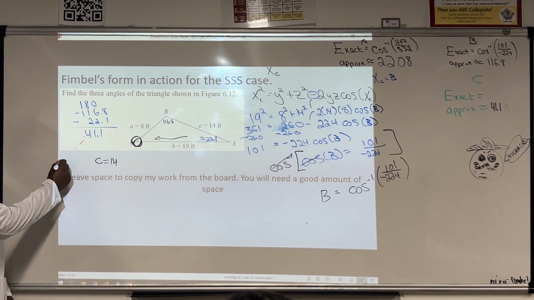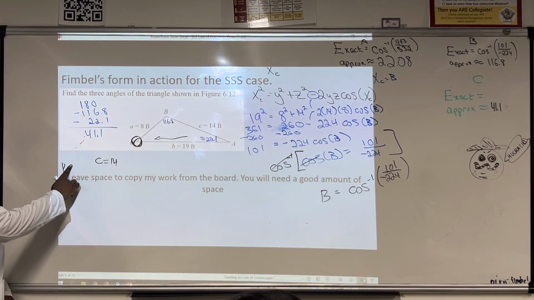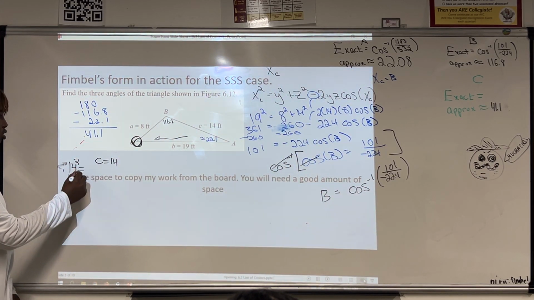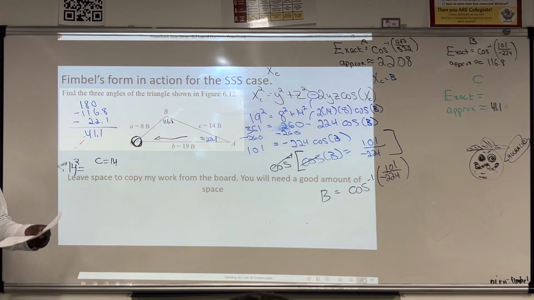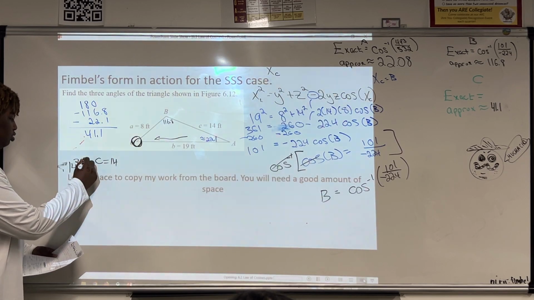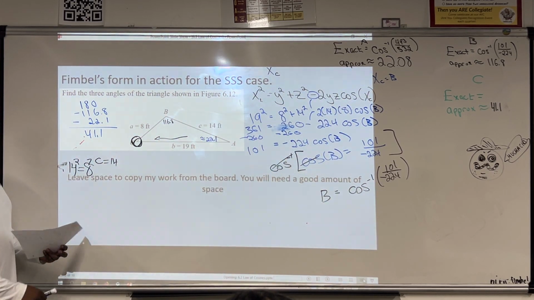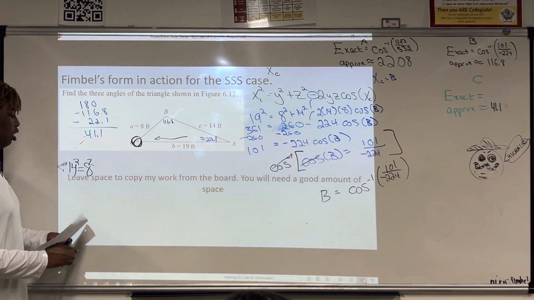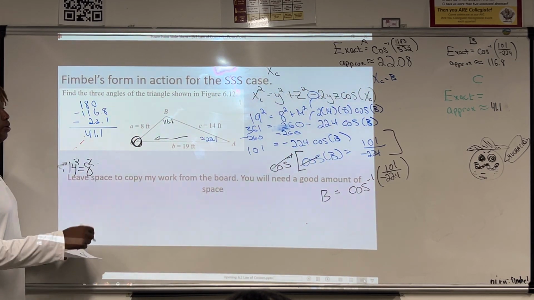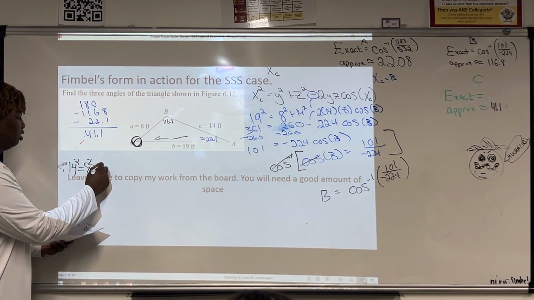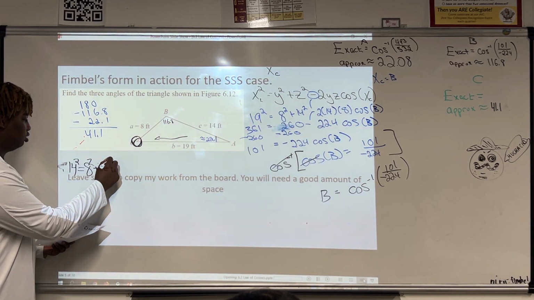So we know that it's 14 squared equals. So is that one? We're looking for angle C, and opposite of angle C is 14. And then our x and y, the order doesn't matter. I like to go, we know that it's 8 squared, well, we'll put 8 squared plus 19 squared